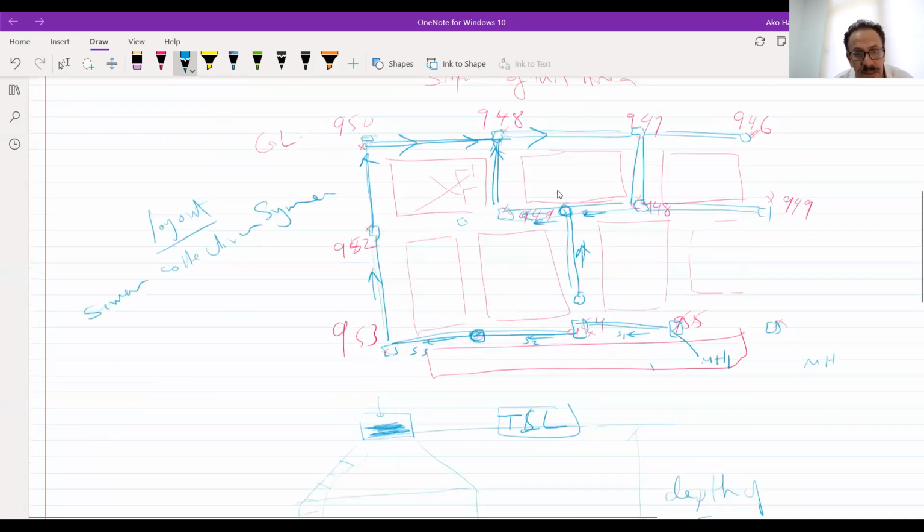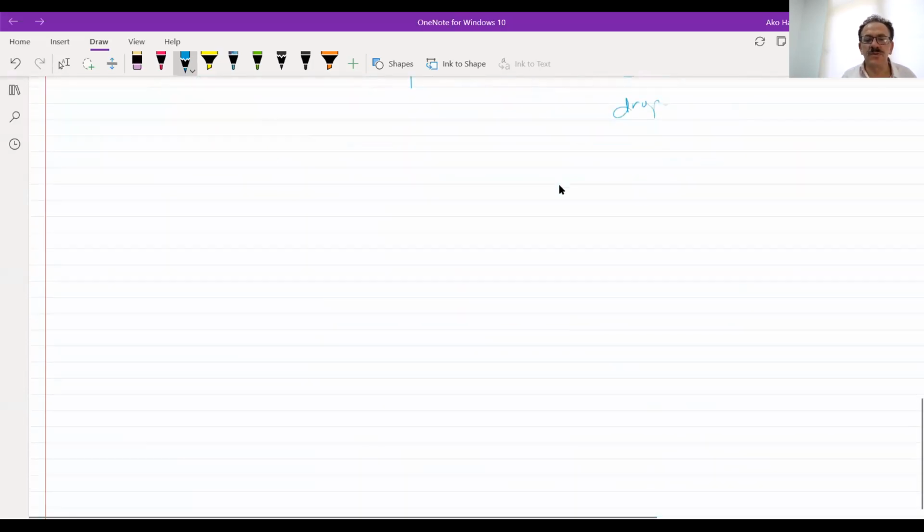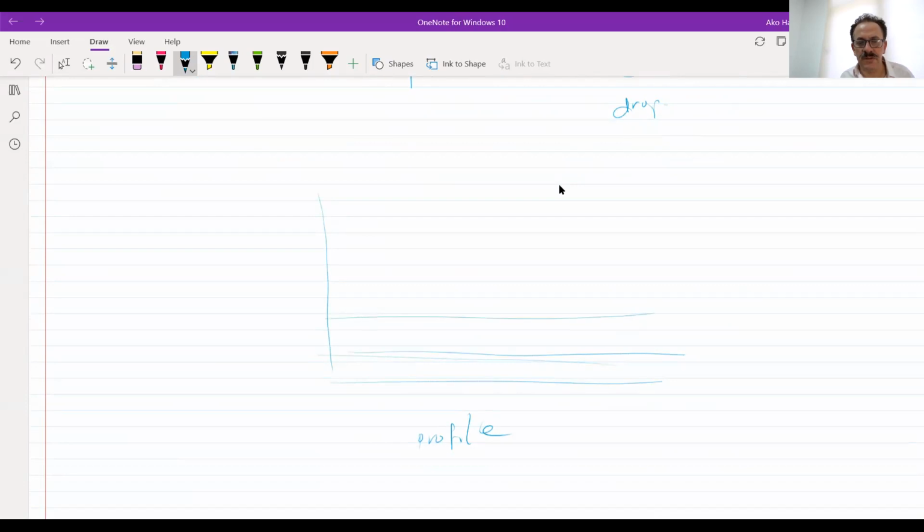As engineers, usually we have to build profiles. It's called a profile. This is what I need from you in the project.